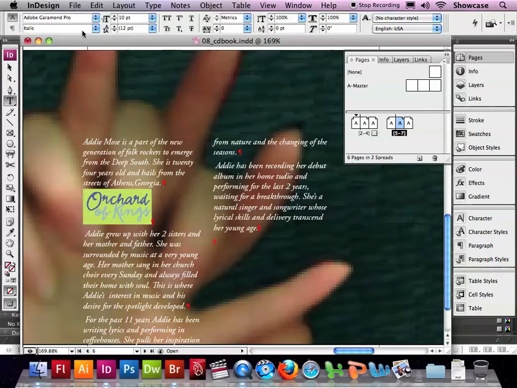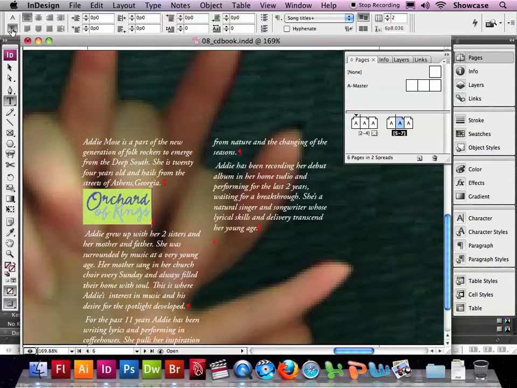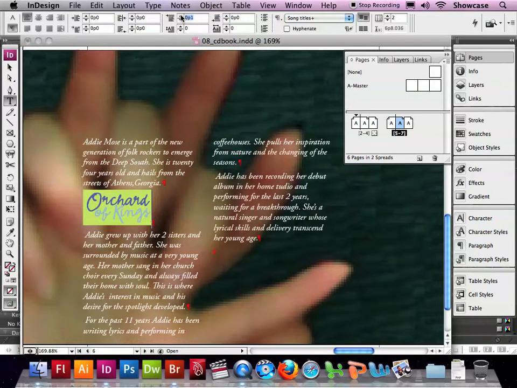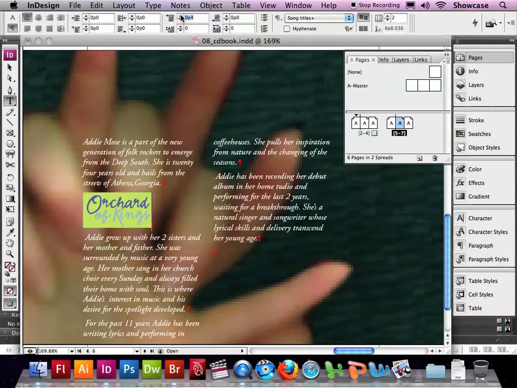Note that the text flows to make space for the graphic. If we go to the paragraph options in the control bar at the top of the screen and add space before that graphic to 0 pica 4 point,